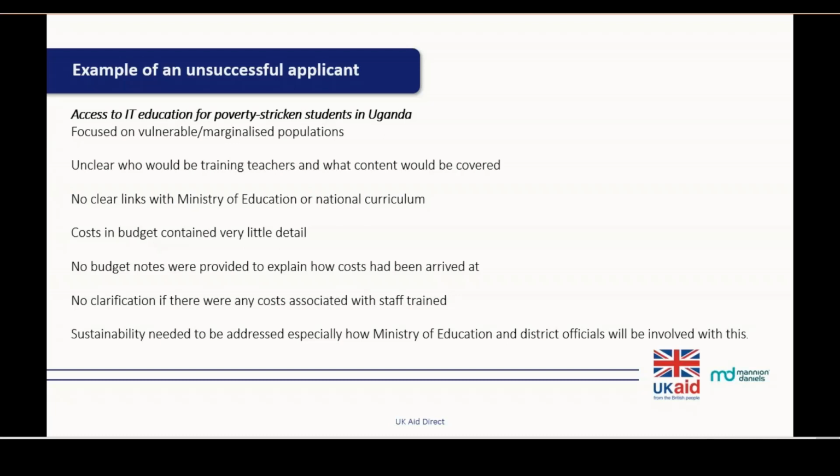There was a lack of detail in terms of the intervention, and the reviewer was left with numerous unanswered questions about how the project would be delivered. The risk section was actually quite strong, with the most important ones outlined and including appropriate mitigation strategies. The budget crucially lacked a lot of detail, so there were no budget notes, making it impossible for the reviewer to identify whether or not the costs were realistic or accurate.